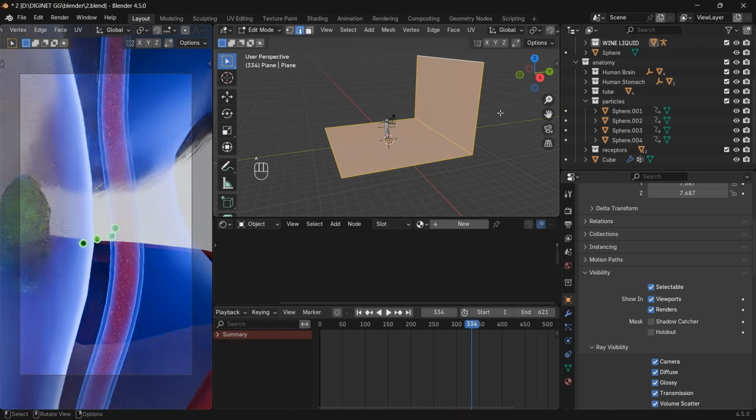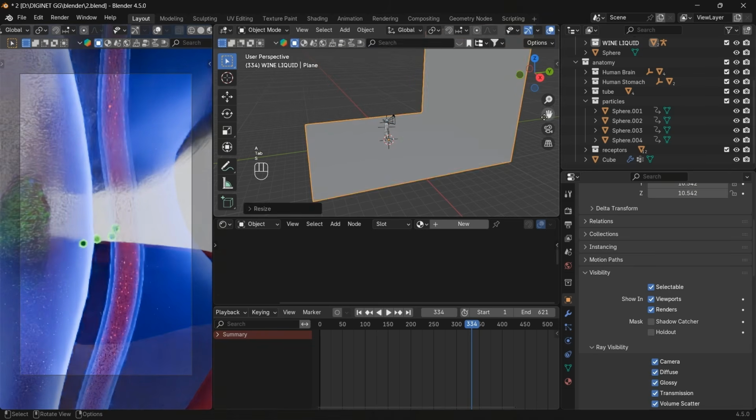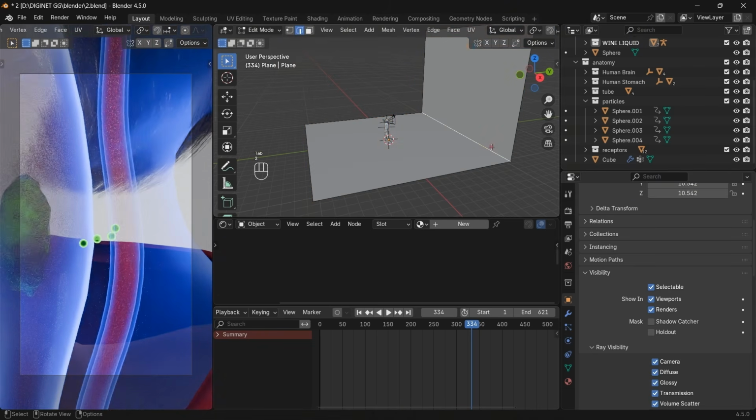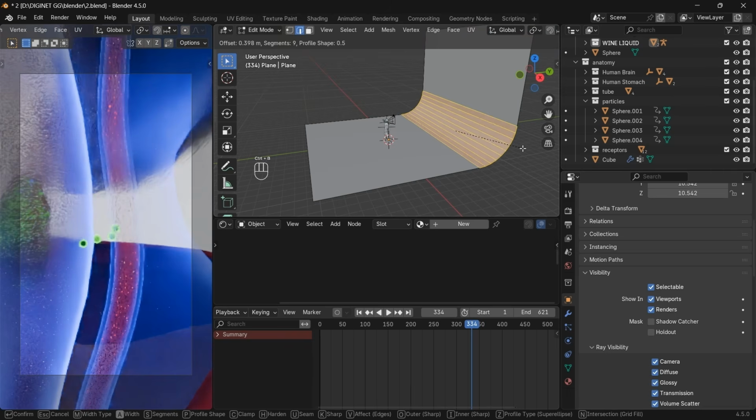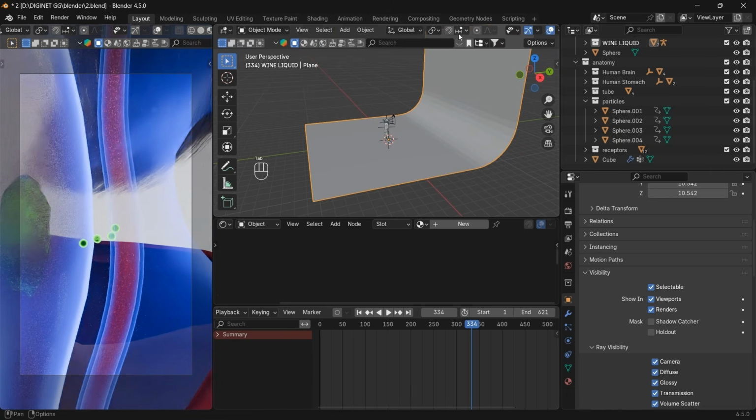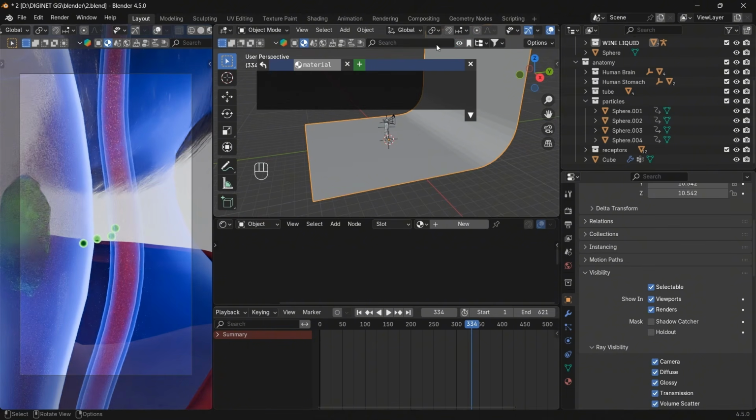I'm going to simply add a simple background over here. And for the background texture, I'm using the blue grid because most of such videos are using the blue grid. Or you can also use